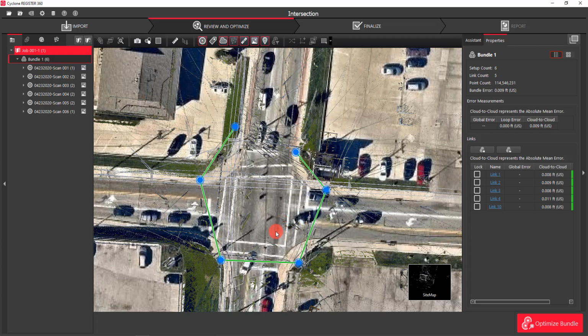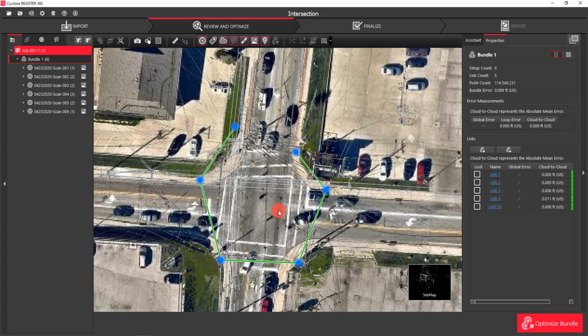The first thing I'm going to talk about is link appearance. As you can see, my links are all green, but there are three possible colors for your links to be: green, yellow, and red. And this will all be set up under your link appearance depending on what you have down for your maximum error for each color. In this case, since this is a topographic survey, I have 3.5 hundredths set as my maximum error for green